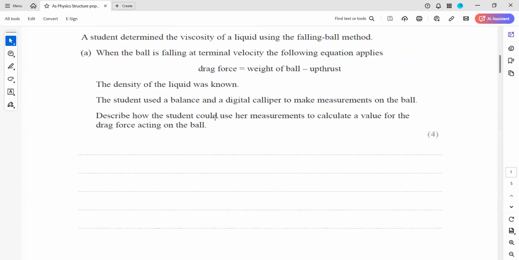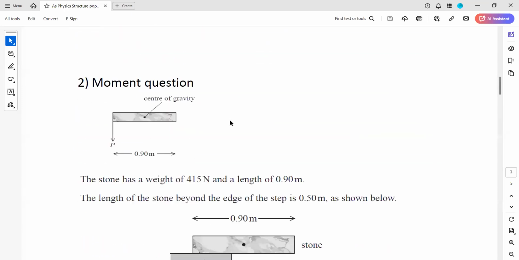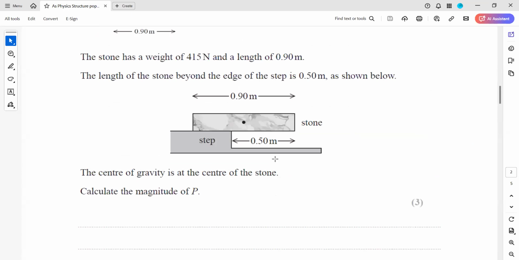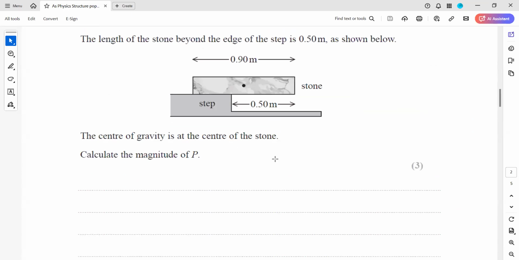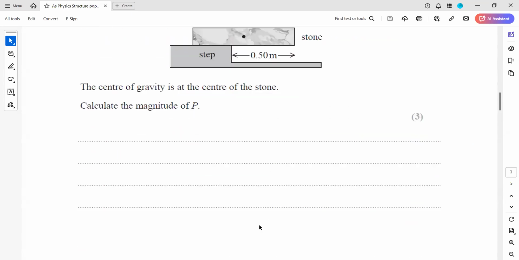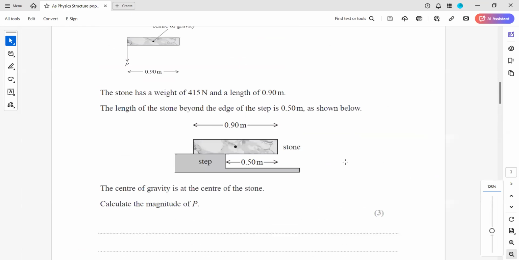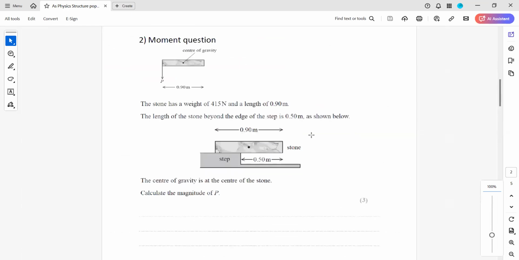Any doubt in question 1? Question 2? Question 2, okay. In question 2,